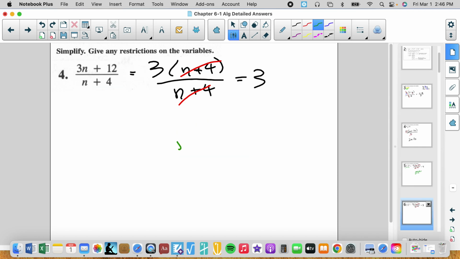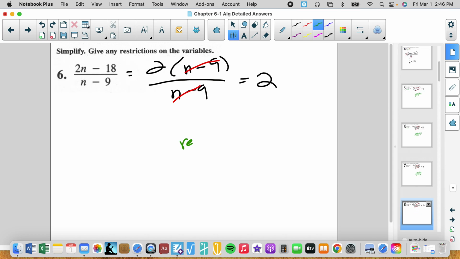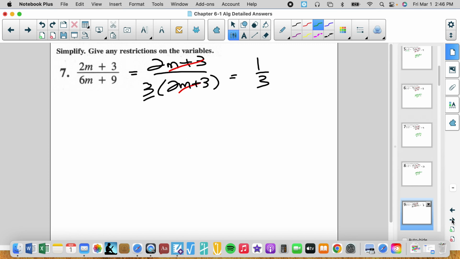So the restriction for this one is n cannot equal -4. So it's all real numbers except for those. So the restriction is n cannot equal -6. The restriction is n cannot equal 9. The restriction